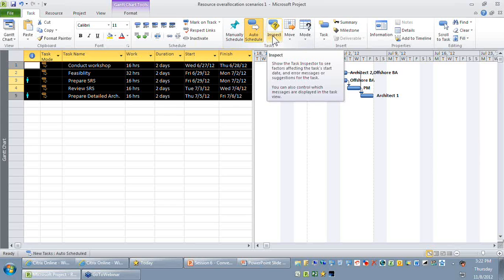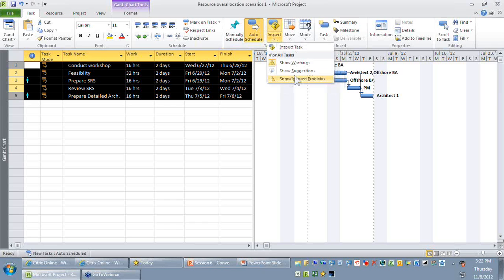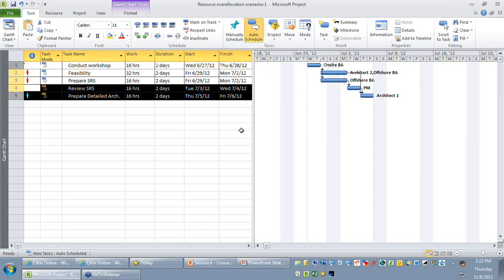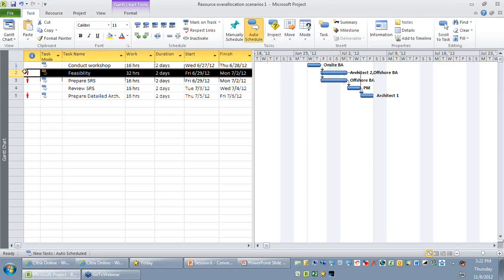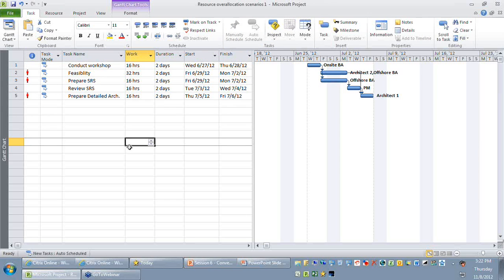I'm just going to select the show ignored problems. Now you'll be able to find that the red color stickman appears again for row number 2. Good. So this is a nice simple way by which you can find which resources are overallocated just looking at the Gantt chart. Now let's look at fixing this problem.